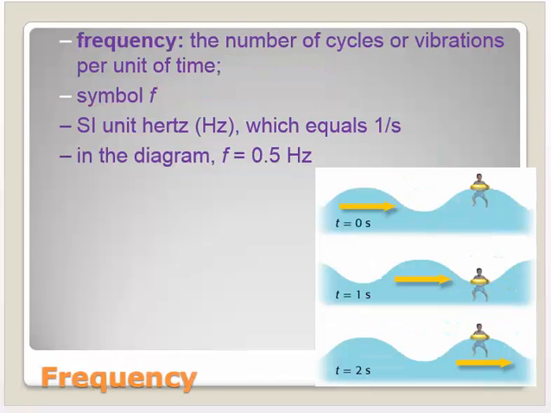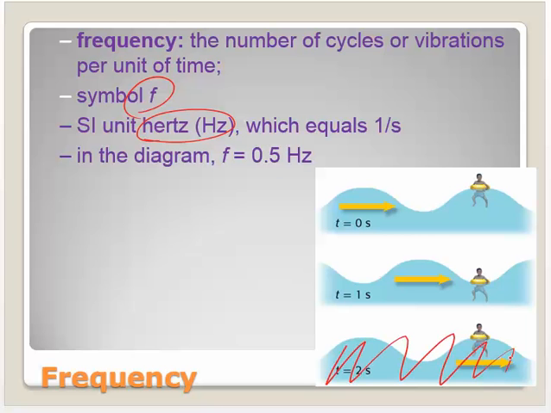Okay, frequency. Frequency is the number of cycles or vibrations per unit of time. Our symbol here is an F for frequency. We use a lowercase f. The units are hertz, and this is all going to be hard because this is all words and lingo that you guys don't use every day. In the diagram here, we find the frequency is 0.5 hertz. I don't really like this, but really what this means is how many times does he go up and down per second? All right, and forget about this bottom part here.